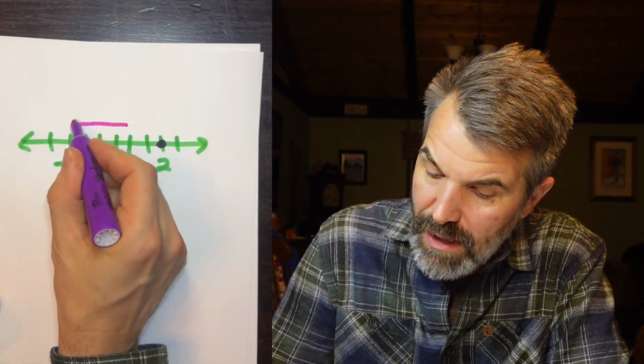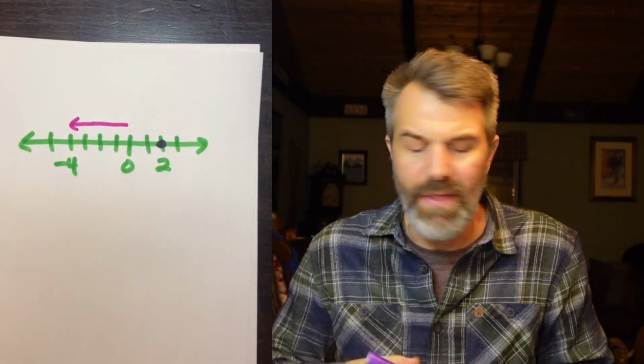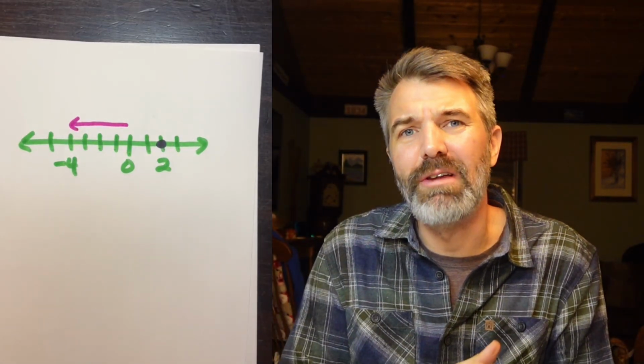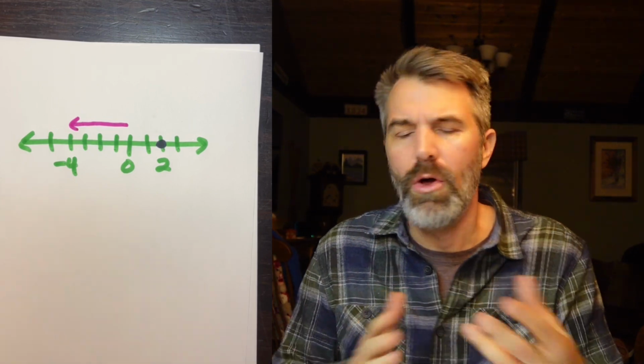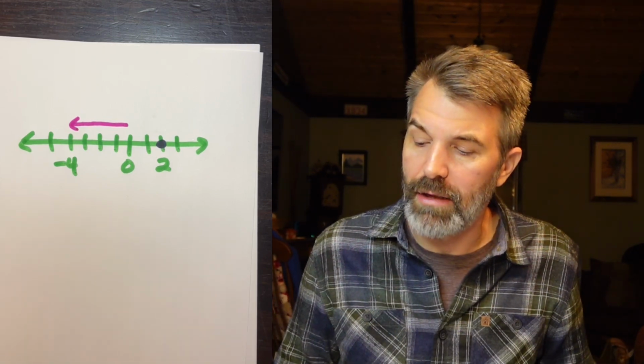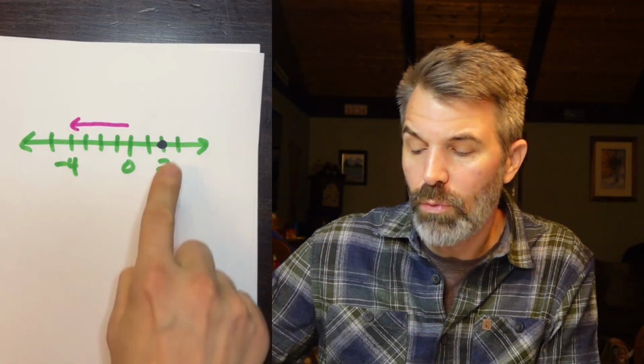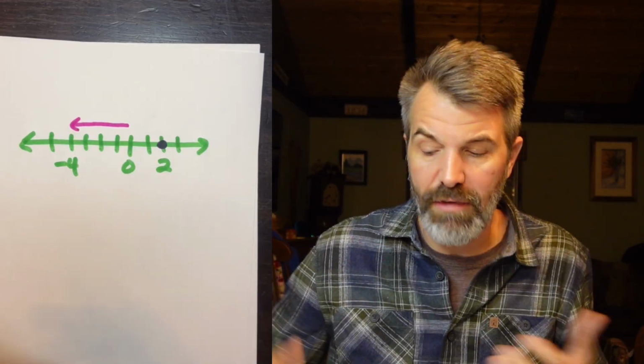And again, the more I've thought about this since that first conversation, the more I'm beginning to realize why that initial purple arrow or pink arrow, whatever you want to call it, is actually really valuable in this conversation to ask, where's our starting point? What are some of the things we're looking at? So to me, I wanted to say this is -4 plus what number is 2. We could think about it that way. That's the way that I wanted to